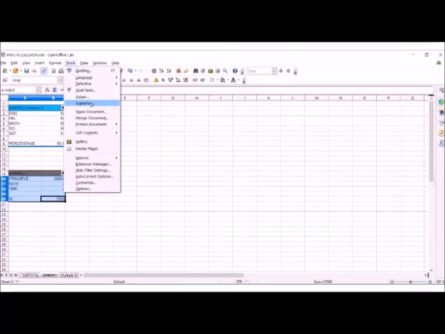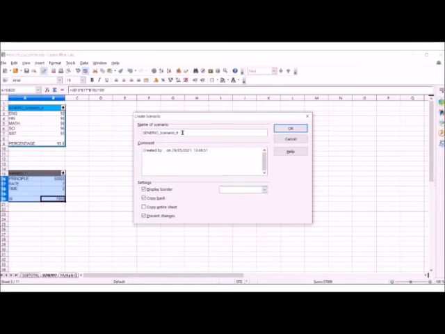I'll select it, tools, scenario. This is scenario 2, when I am investing 50,000 rupees, border should be of yellow color. Okay.